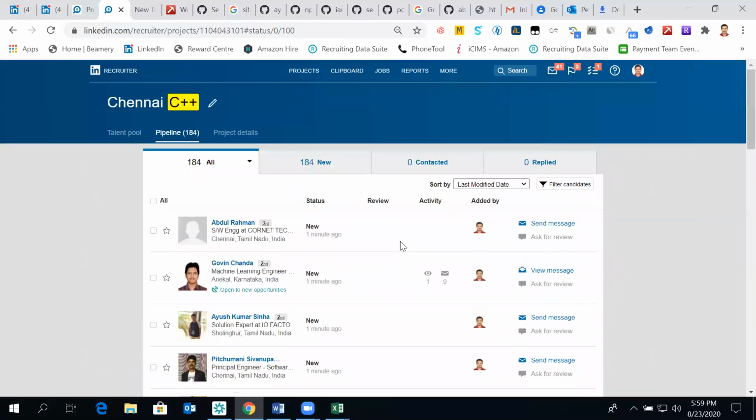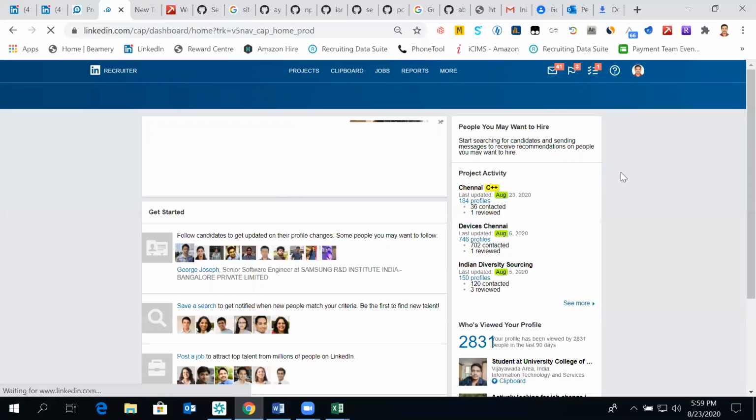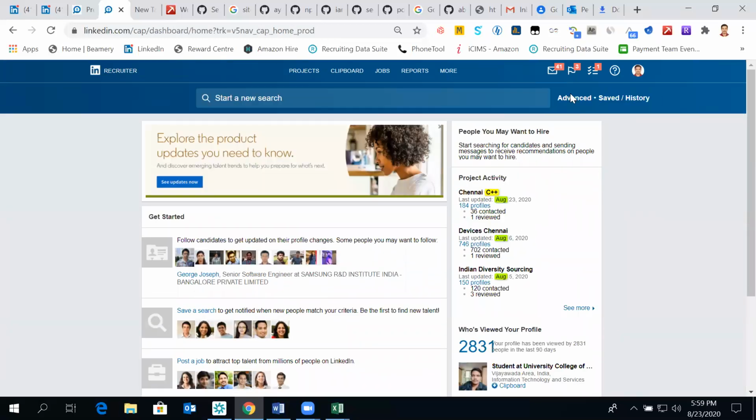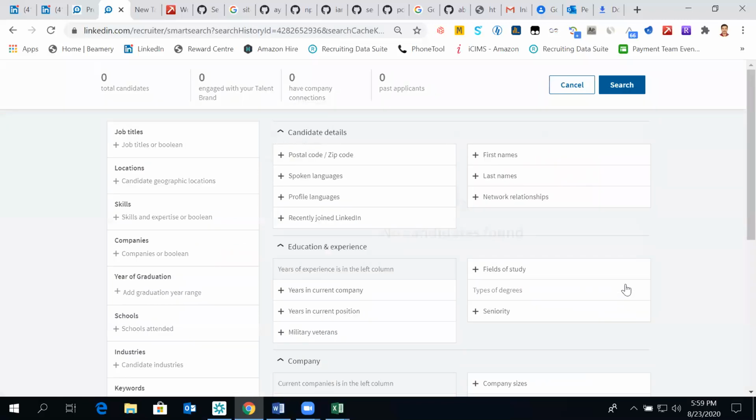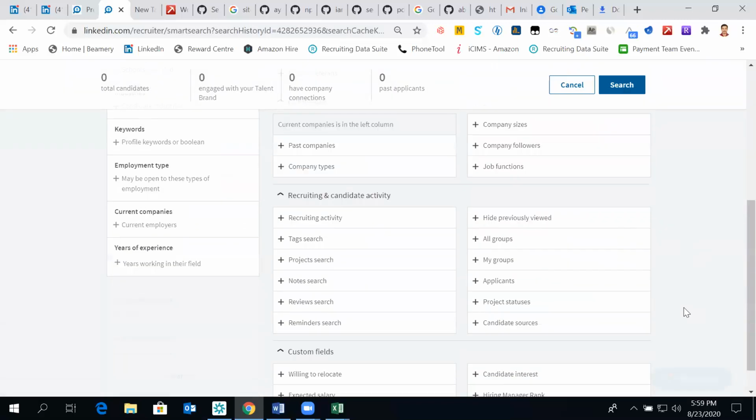And if I want to see from which kind of companies, maybe the advantage of LinkedIn I would take. This may be the additional advantage of having LinkedIn Recruiter, but otherwise most of our sessions are on non-LinkedIn Recruiter only. But in case you have it, one of the searches that is rarely explored even in LinkedIn Recruiter